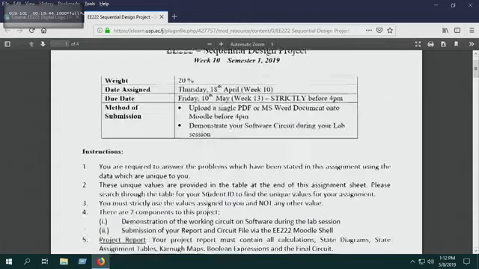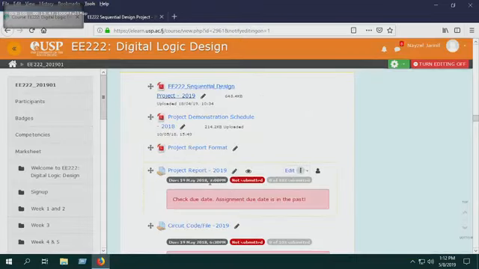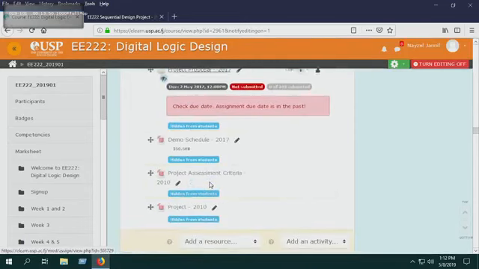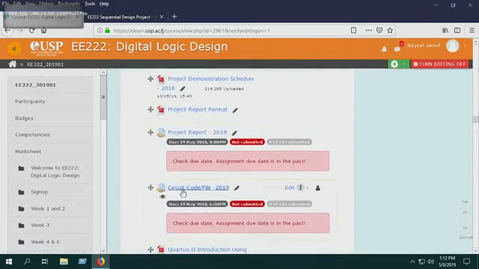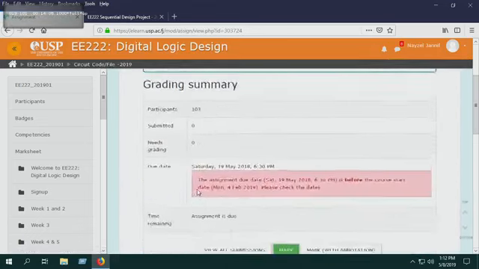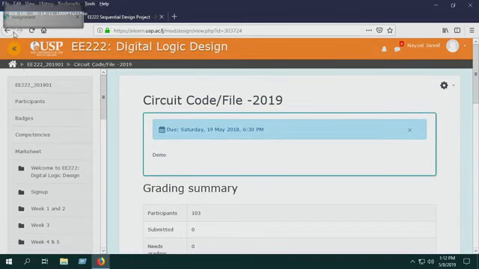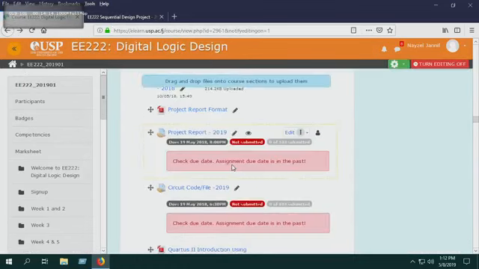Circuit file submission. One of the students was asking me, "What is the code file?" Code file means the circuit file. When you do your project, you've made your circuit maker file, the CKT file or Logicm. I don't know what the code is. You basically upload it over here so that I can check it later on. And your project report. I'll delay the project report until next week, Monday. When would you like it?